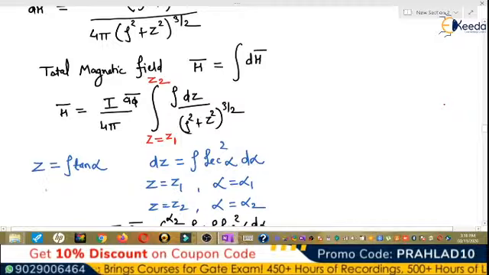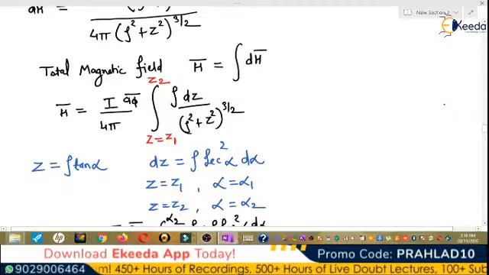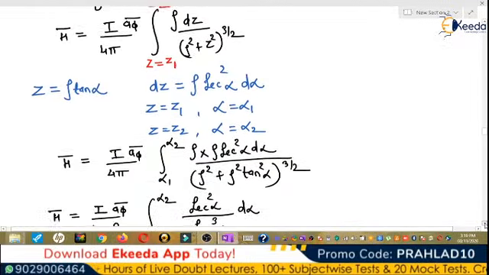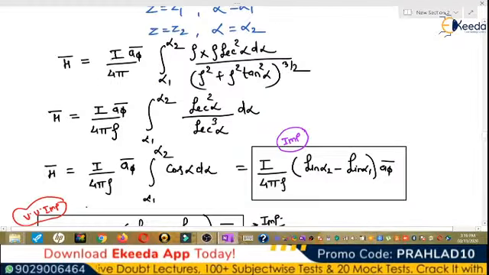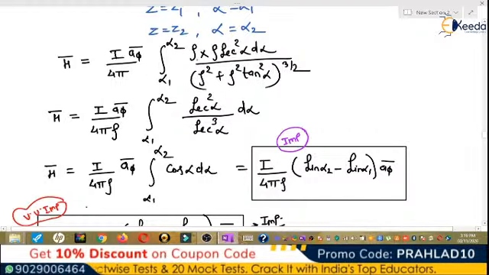So first to solve it, we will put z is equal to rho tan alpha. So dz is rho sec square alpha d alpha. When z is equal to z1, alpha is alpha 1. When z is equal to z2, then alpha is alpha 2. So H vector is I by 4 pi, a_phi vector, integral alpha 1 to alpha 2, rho into rho sec square alpha d alpha